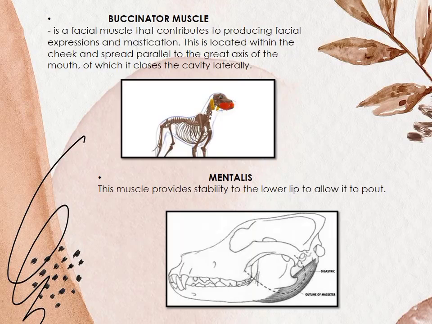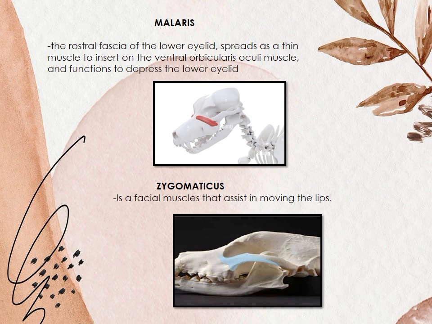insertion. Next is the malaris. The rostral fascia of the lower eyelid is spread as a thin muscle to insert on the ventral orbicularis oculi muscle and functions to depress the lower eyelid. The malaris in dog originates at the bottom of the jaw's midline and extends upward